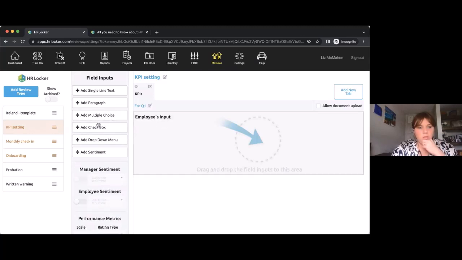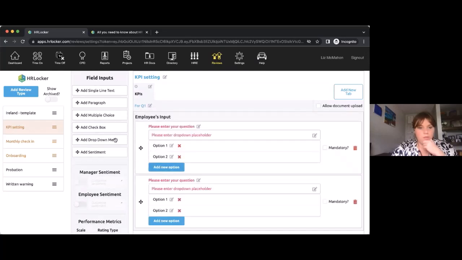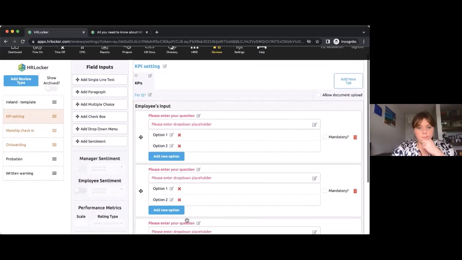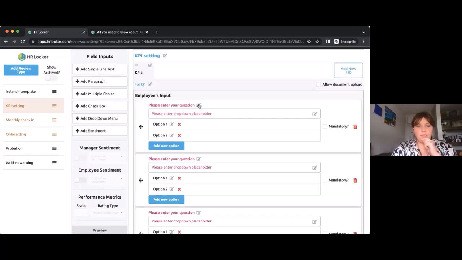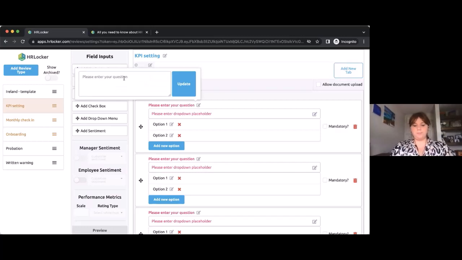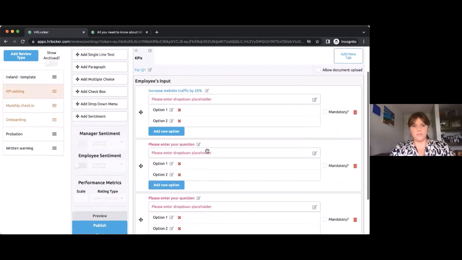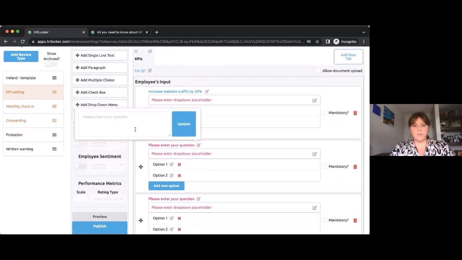And we're going to start pulling over, let's do the drop down. Okay. I'm going to do 3 KPIs. So for example, our question for this is going to be, let's say, increase the website traffic by 20%. That's the first KPI. Obviously, this is for a marketing person. The next one might be